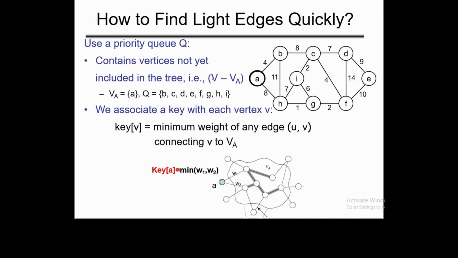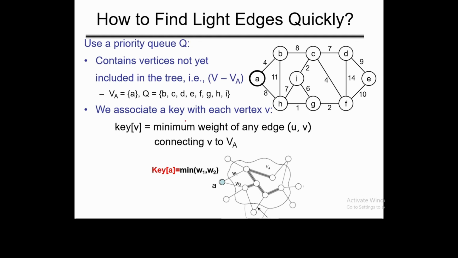The priority queue contains the vertices which are not included in the tree, which means that initially it contains all the vertices. So initially we insert all the vertices in that priority queue, and according to the condition we remove a vertex from the priority queue based on the priority. So what can be the priority here? In a priority queue, the elements are processed based on their priority. In this case, the priority will be the edge weight.